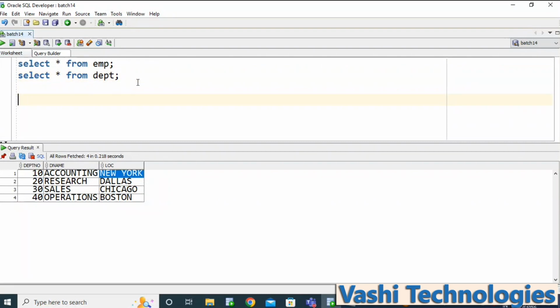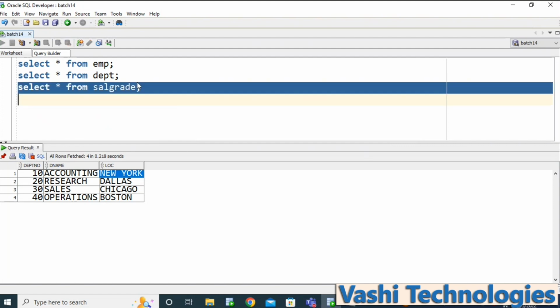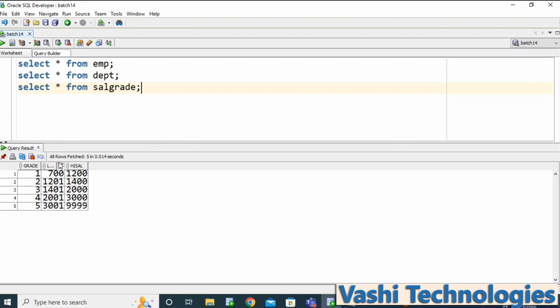And we have a table called SALGRADE, which has the grade. If you get marks like 95 to 100, you get 10 points in 10th or intermediate, like we get grades, right?